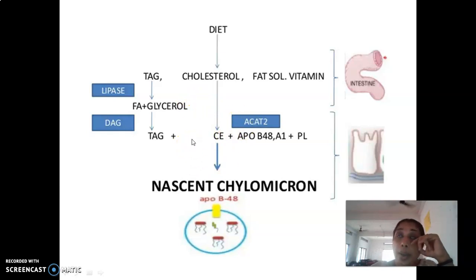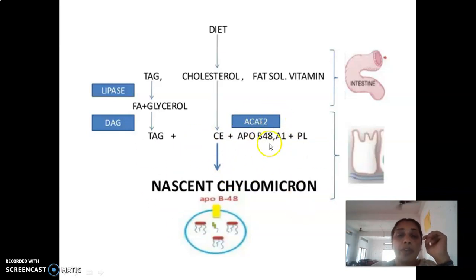That is, the third position of the cholesterol is made up of an OH. It is having an OH group as a substitution group, or side chain. So the H of the OH is replaced by a fatty acid. So free cholesterol will be converted into cholesterol esters, and the cholesterol esters are also packed into the chylomicron, and it can become a lipoprotein only when the protein part comes and attaches, and the protein part